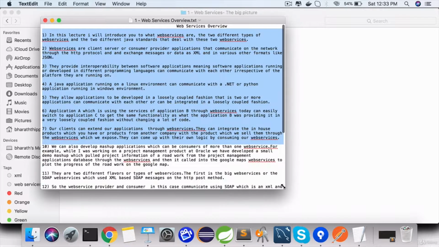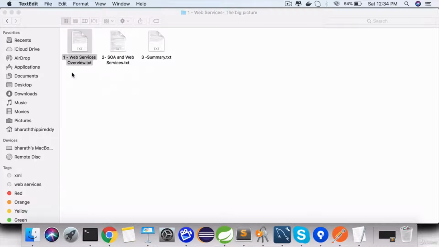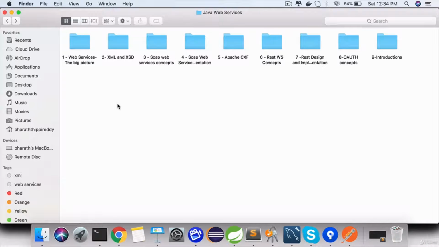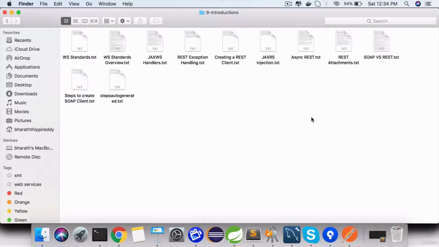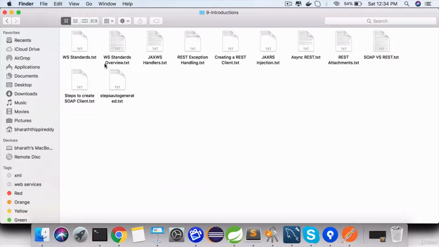So you can use these notes to refer to them as soon as you finish a lecture, or if you want to come back and revise a particular topic at one point, you can refer to these notes. They are organized by topic, and all the introductions for the hands-on lectures as well as the theory lectures are under this introductions folder. The hands-on coding part is not covered in the notes, but all the important theory lectures